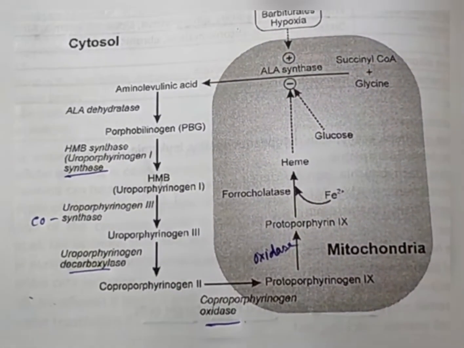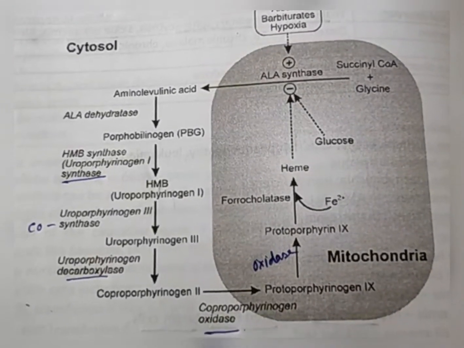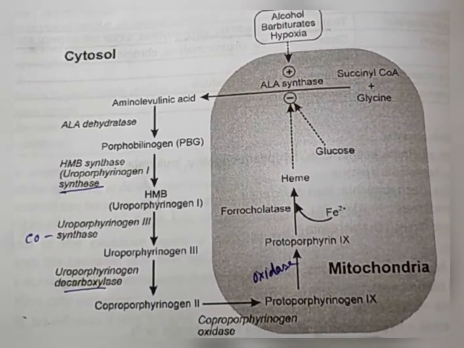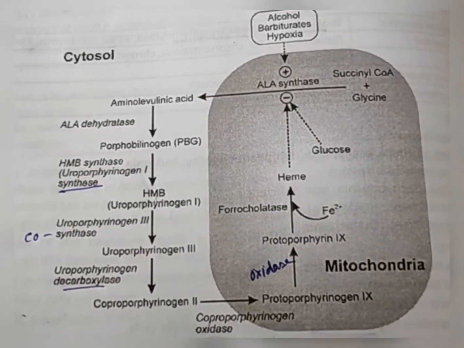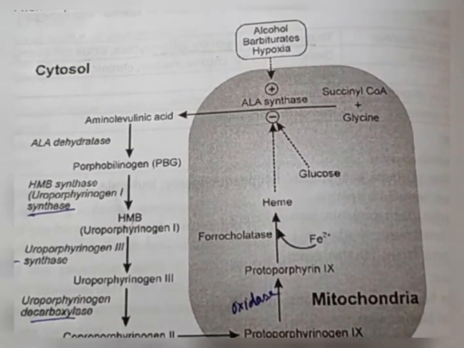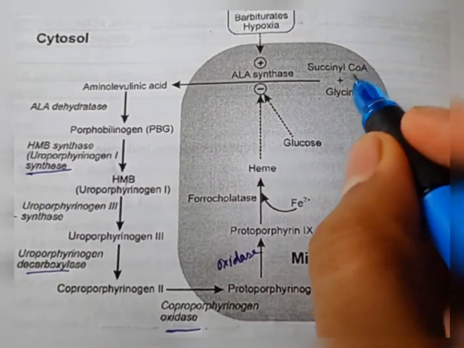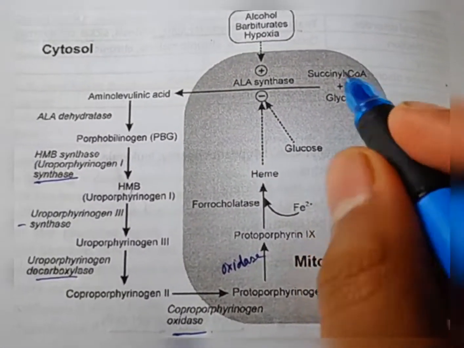So we are going to read the hemoglobin synthesis. Now, hemoglobin synthesis occurs within two parts. One is the mitochondria and the other is the cytosol. Okay, so let's start. So in the mitochondria, you can see that the succinyl-CoA plus glycine in the presence of